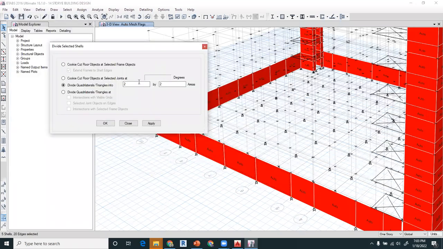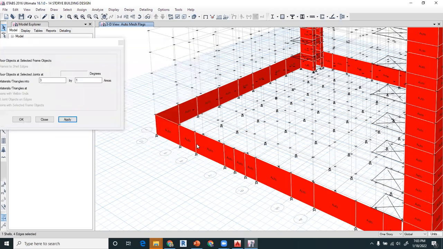So you can divide this. So let us check in the vertical direction. This is 1, 2. So this is not the direction. Let us undo the previous selection and make this 3 and this 1. So the number of supports will increase, right? So only for the last basement,